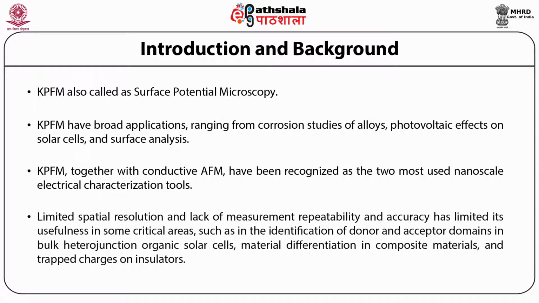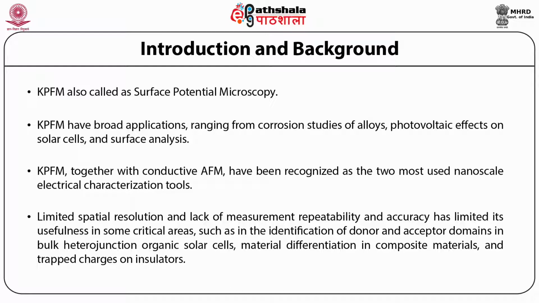Limited spatial resolution and lack of measurement repeatability and accuracy has limited its usefulness in some critical areas, such as the identification of donor and acceptor domains in bulk heterojunctions, organic solar cells, material differentiation in composite materials, and